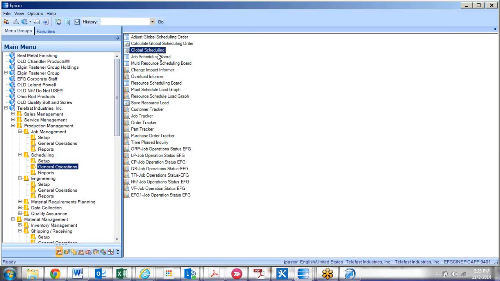But that's not so easy when you finite schedule, because the system's not going to let you put a job just anywhere you want, because if there's already a job out there, it's going to say, I can't put it there because under finite rules, I can never be overloaded. So when the finite scheduling engine runs,